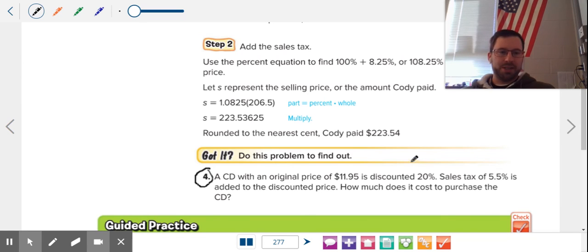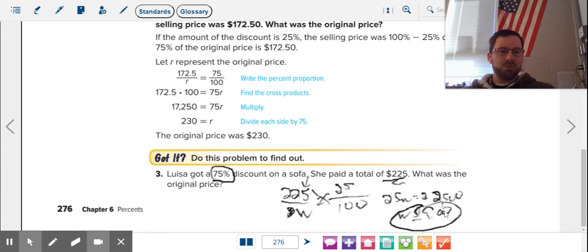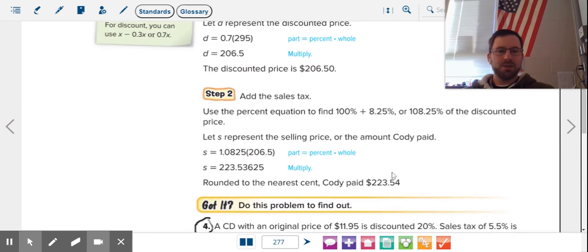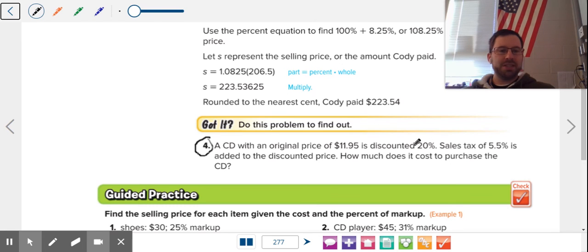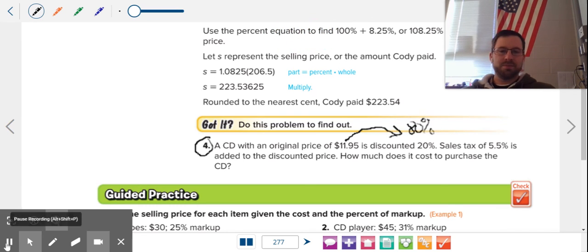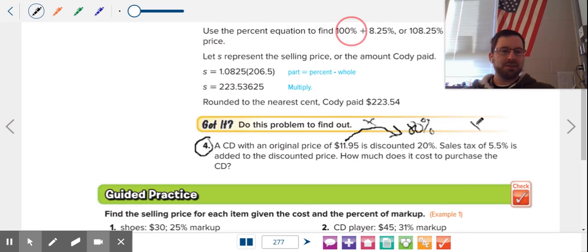So I'm going to show you a little trick here and it's based off of what we just did on this last problem, where we did 25%, right? 225 is 25% of the whole. What you can do is take your percent away from or add it to 100, and it will give you your final answer right away. So if I take 1195 times 80%, and then take that answer times 105.5%,